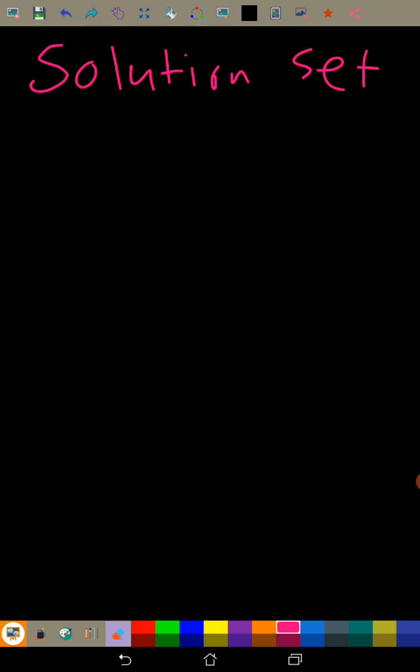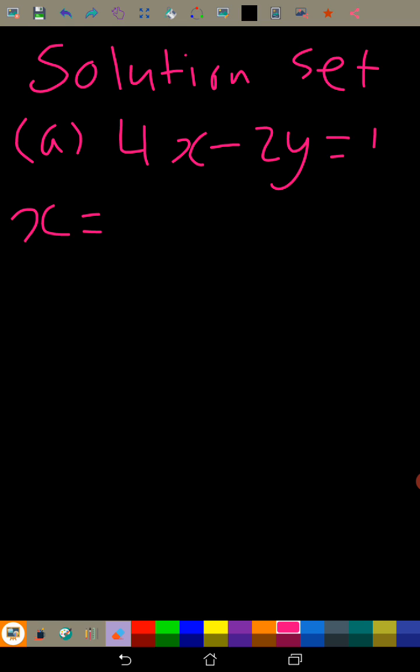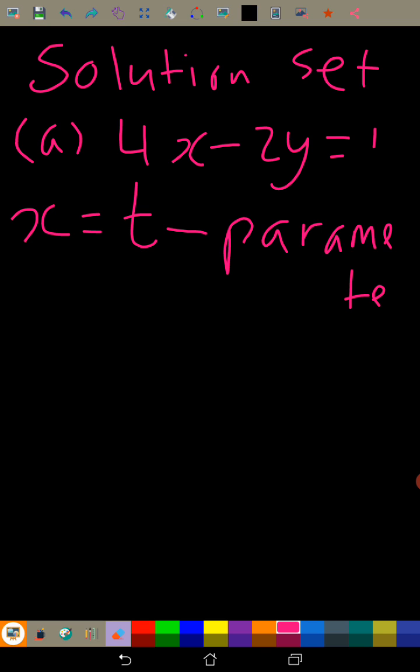Solution set is when, so let's say we have 4x minus 2y is equal to 1, okay, and x is equal to t, and this is just a parameter. And you will ask me, what's a parameter? It's just a value that we have